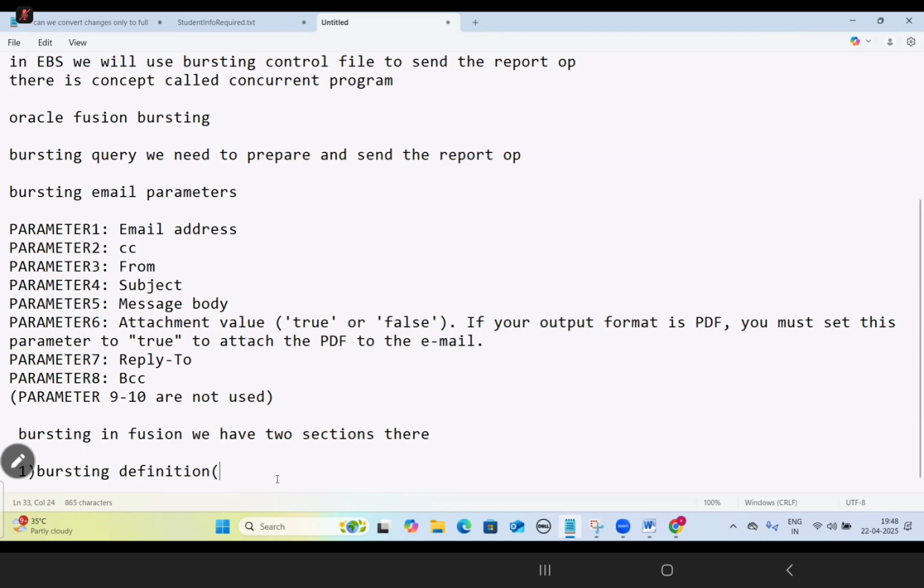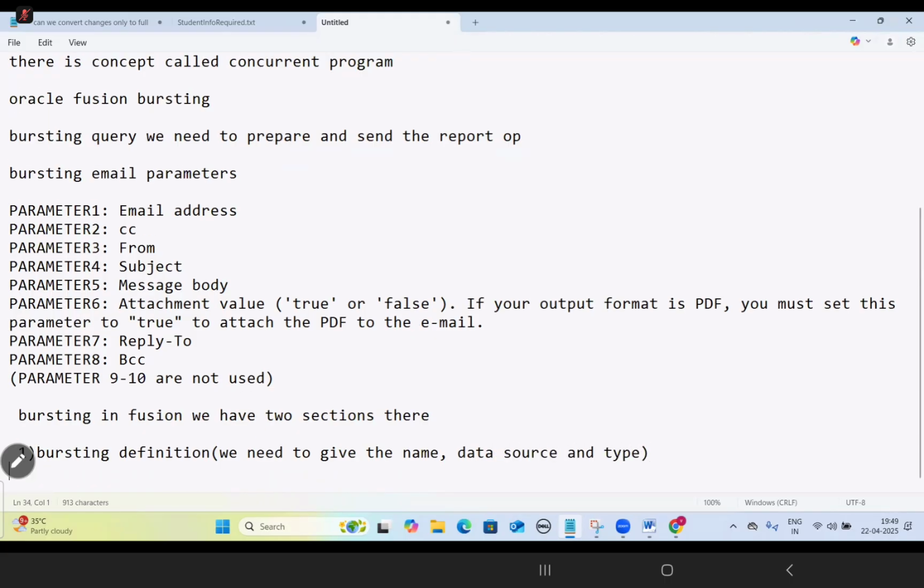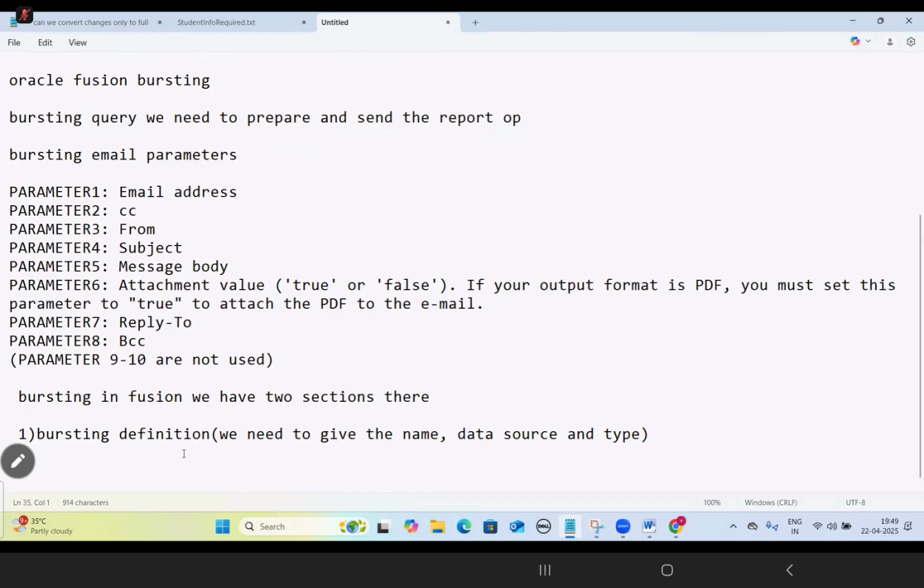In busting definition, we need to give the name, data source, and type. So in busting in Fusion, we have two sections. One is busting definition, where we need to give the name, data source, and type. Second is